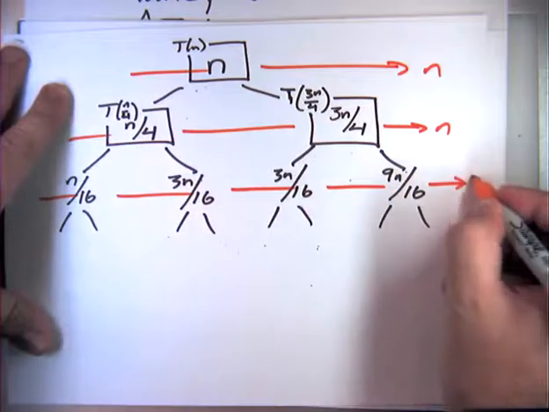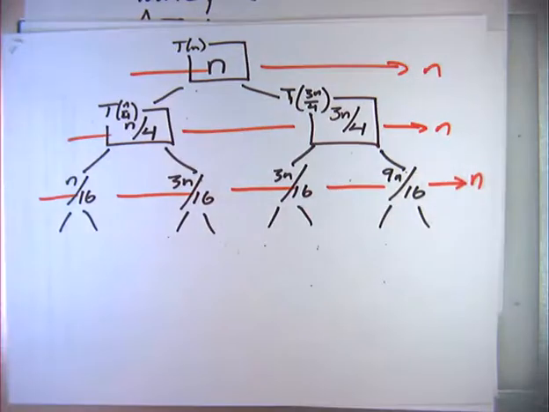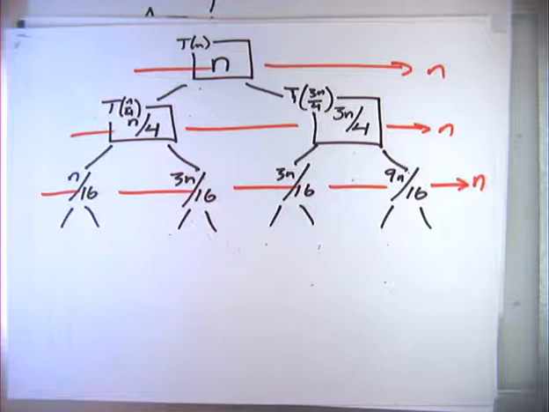And the thing to notice here is every row still adds up to n. This is not too surprising, right? At every level of recursion, I'm going to spend constant time on each element of that subarray. So here at level 2, it's as though I've split the problem into 4 subproblems. And for each one, I'm going to be spending time proportional to the size of that problem before I recurse downwards. Okay?